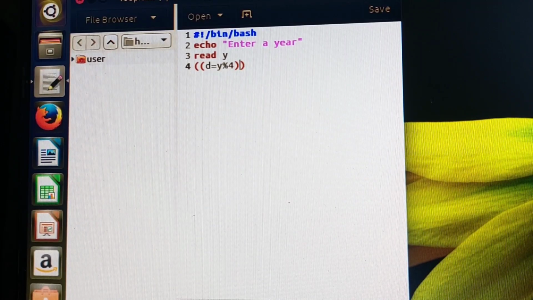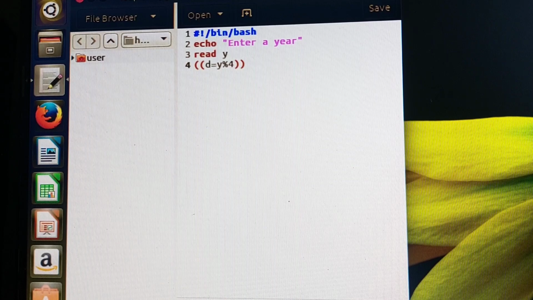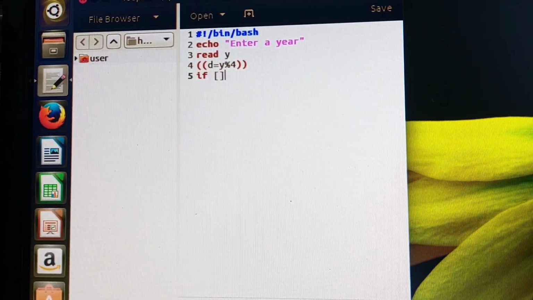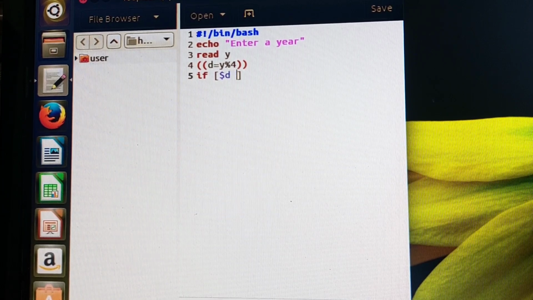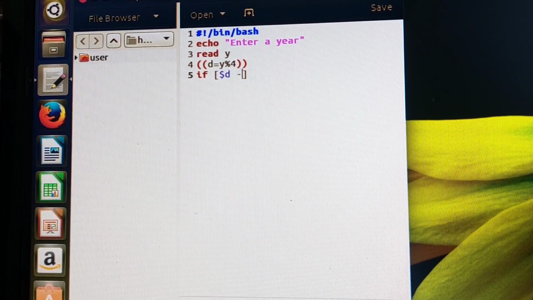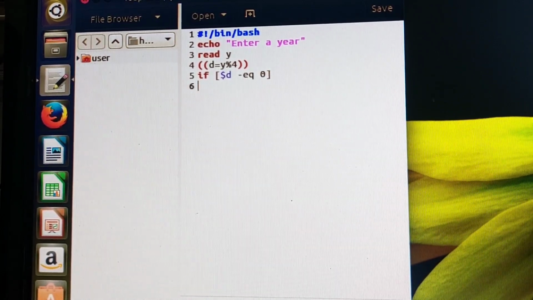For year mod 4, then if year mod 4 equal to 0, then